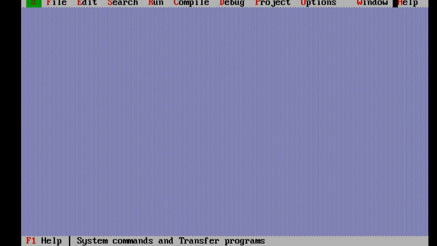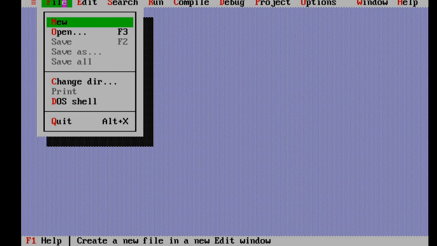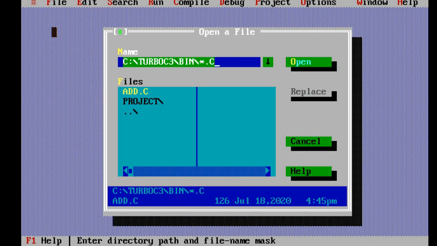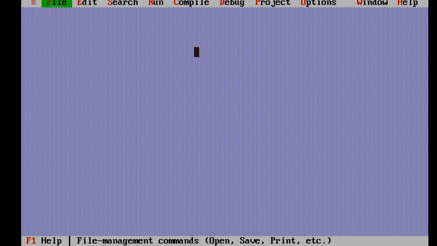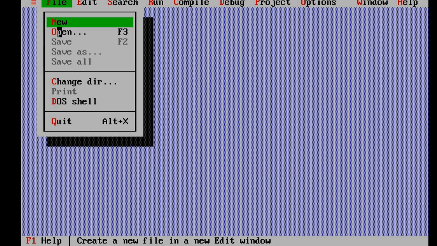Here multiple options are available for developing the program. First is File. In File, how many options are available? New, Open. New means, if we want to create a new program, at that time we can create a new file. Then Open: if we want to open any existing file, meaning our program is already saved and we want to open it, then we can click on the Open option. Then Save: after doing some modification, we need to save the program.